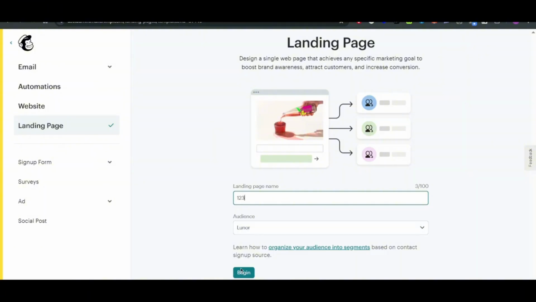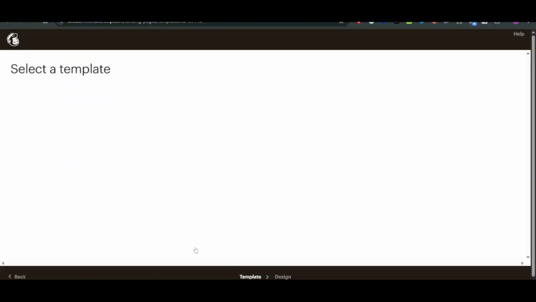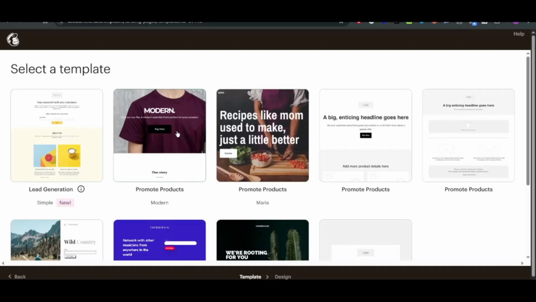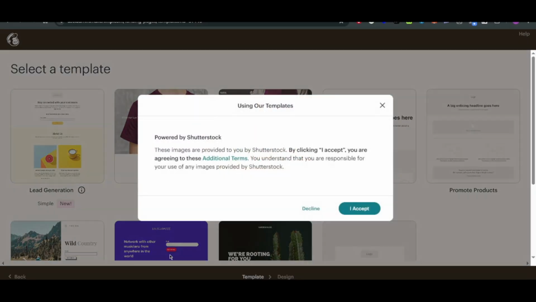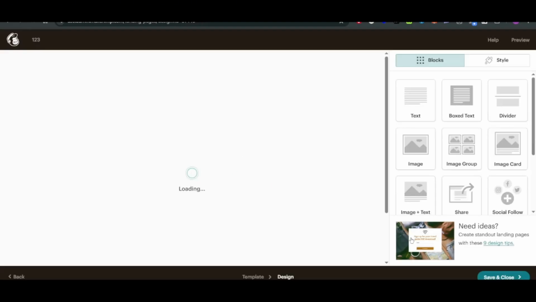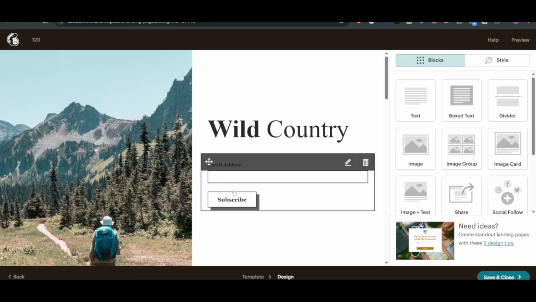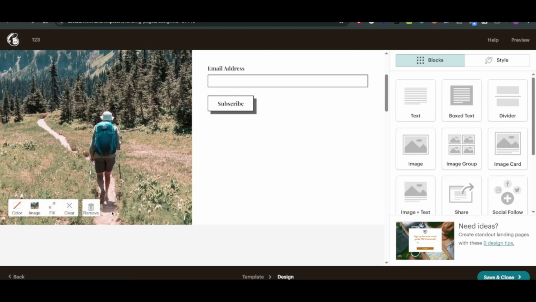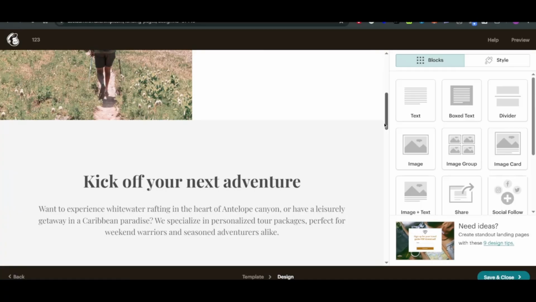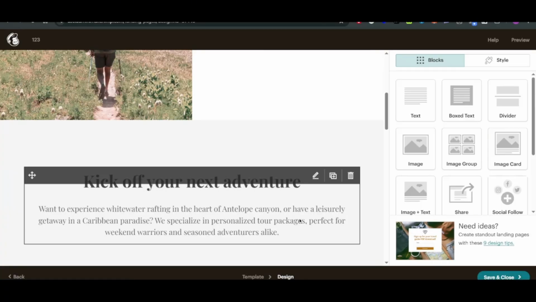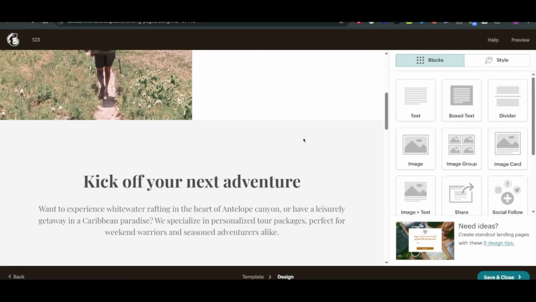Once you do that, you will be redirected to the next page. Here you can select between different sorts of templates. And once you have selected the template, for example, I'm going to go with this one. Alright, so here in this template, you will be able to design, add images, and word it according to your own size and requirements. Once you're done with that, just click on save, because this is how you're going to create a landing page